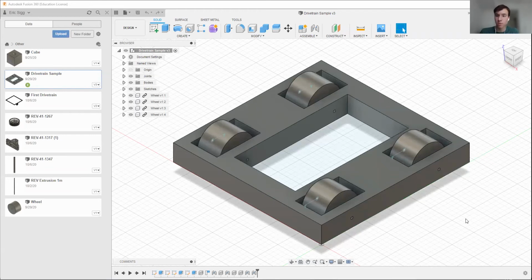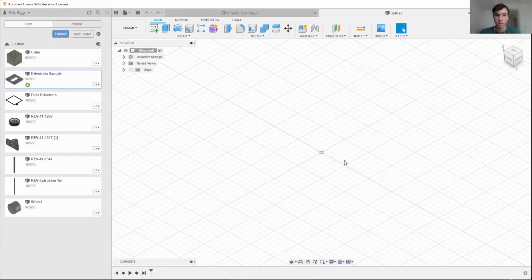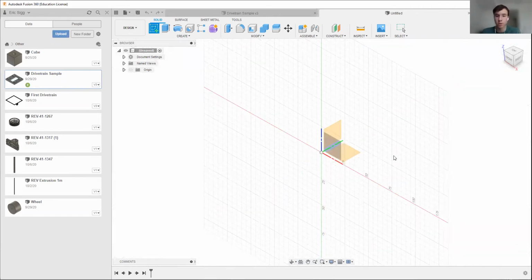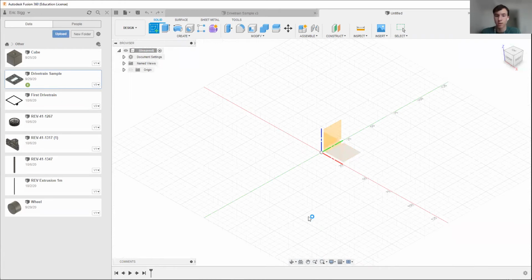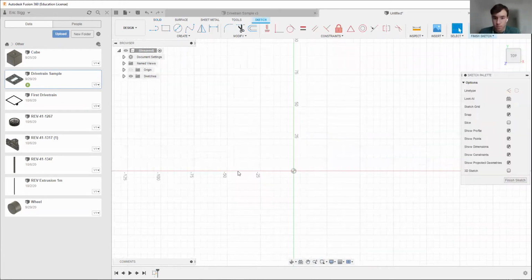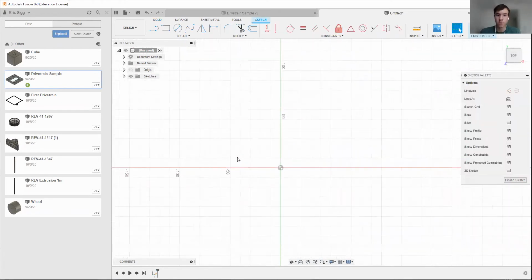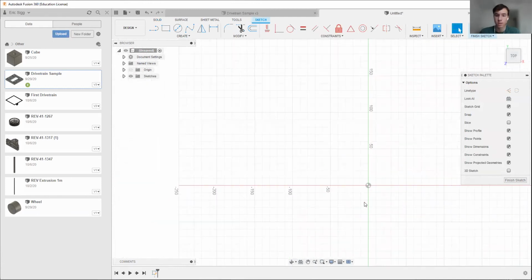So the first thing that we want to do is create a new design by clicking the plus up here. And now we have a blank slate. Now we want to create a new sketch, again, on the ground, like last time. And in order to create our drivetrain, the first thing we probably want to do is, since FTC